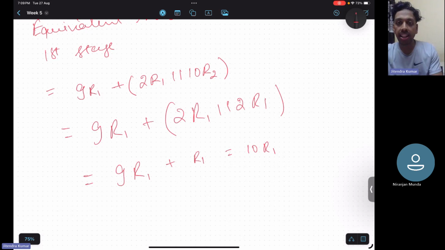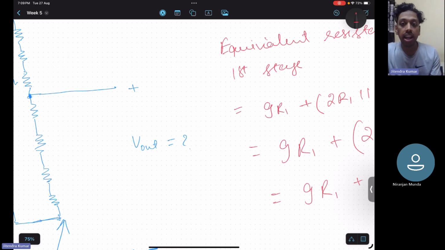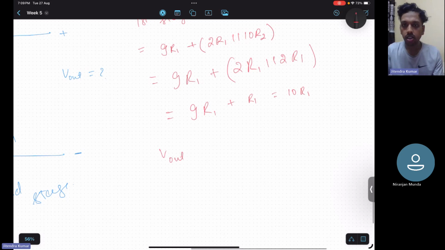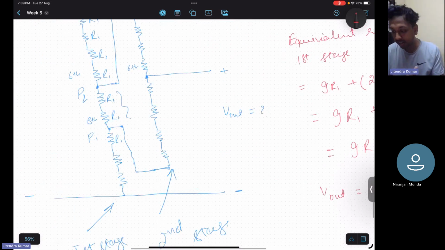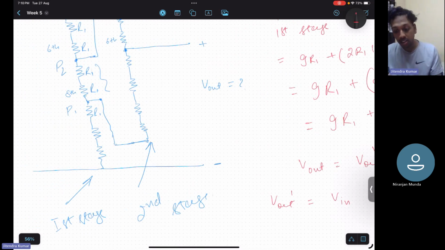Now we want to calculate the output voltage, and this will have two components. V out will be equal to V out 1 plus V out 2. The first output is because of the first stage, which is why I have denoted it with 1, and the second is from the second stage. V out 1 will be V in into 2R1 in parallel with 10R2, because that is the equivalent resistance of the first stage,